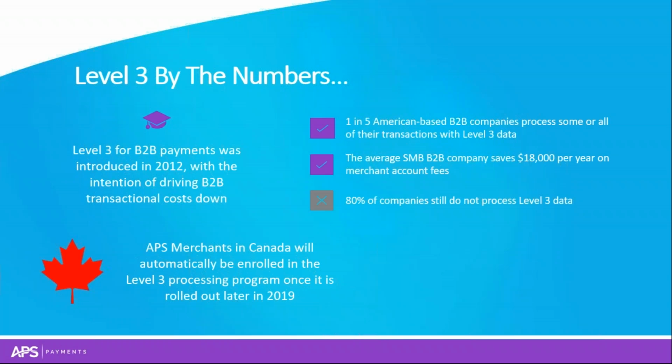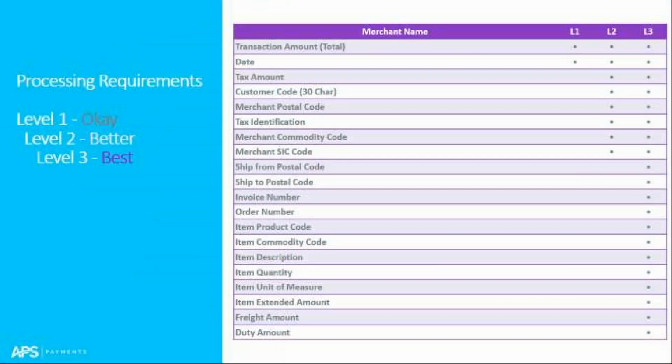That amounts to huge savings for business-to-business companies. In addition, merchants receive detailed reporting that allows them to track transactions from beginning to settlement. Reporting can also be tailored with up to 60 different data points. Level 3 processing is currently not available to our Canadian merchants, regardless of processor, but through our partner in Canada, we're constantly speaking to them about how we can roll out Level 3, and we're projecting for the end of 2019 or the beginning of 2020. So any merchant that chooses to go with APS will automatically get Level 3 pricing when they qualify for it down the road when we actually roll it out.